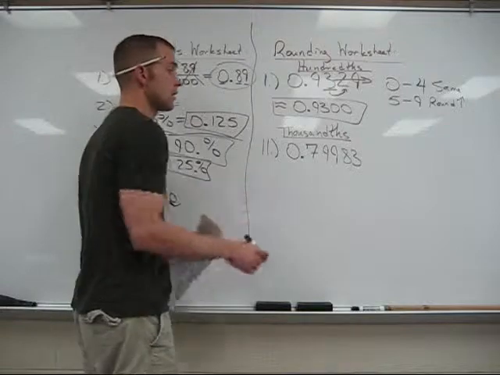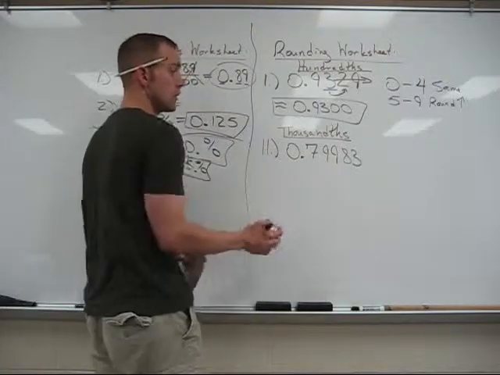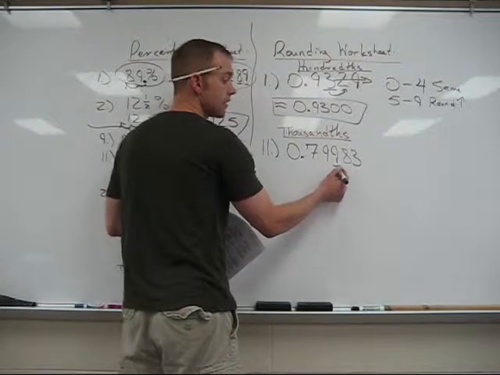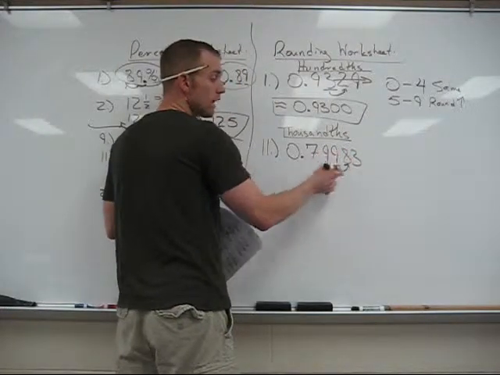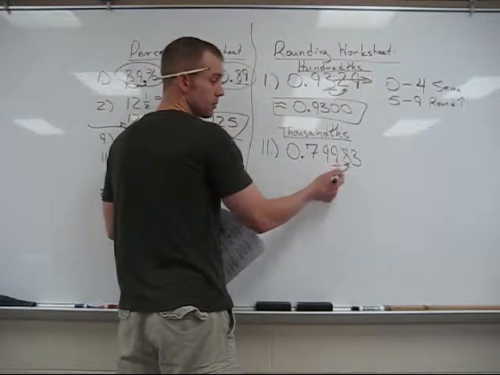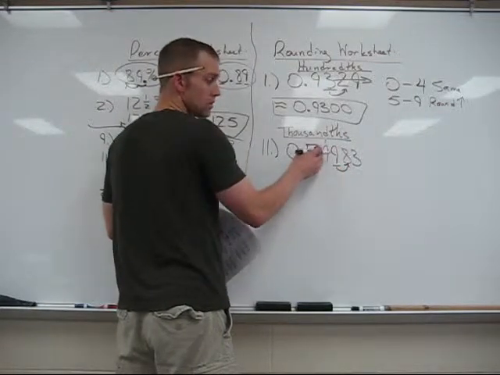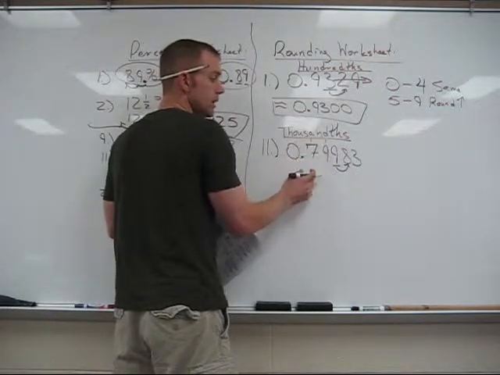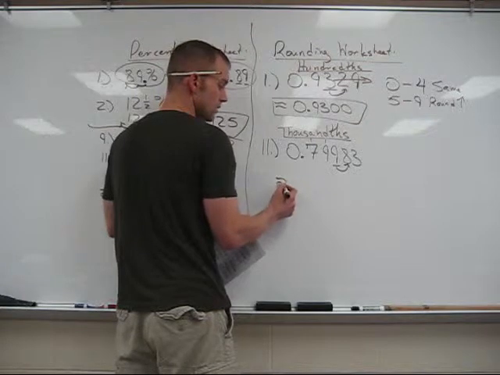Okay, looking down at number 11, I'm bringing this up not because we're going out to the thousands, so we have tenths, hundredths, thousandths, but the fact that this is an 8, and when I round a 9 up, it becomes a 10. The weird thing here is when this becomes a 10, technically this will become the 0, we'll carry the 1, and what happens to this 9 also? It becomes a 10. So it turns into a 0, and the 1 goes here. So when we actually round this number, it becomes